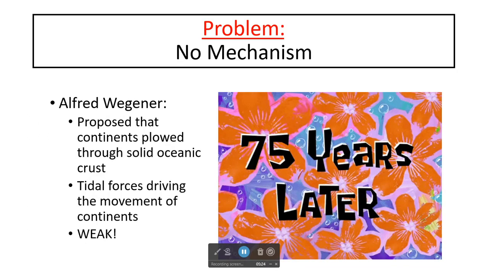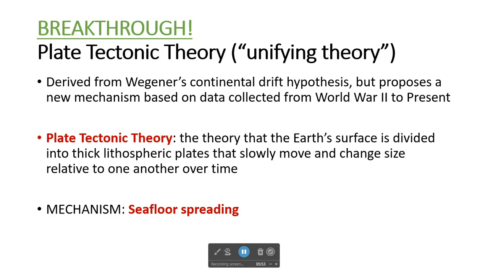There was a problem with Alfred Wegener's hypothesis. He didn't have an accurate mechanism for how the continents would move. And because of this, his hypothesis was not accepted at the time that he proposed it. His mechanism said that tidal forces were actually driving the movement of continents, and this was a very, very weak argument. Now fast forward almost 100 years later, we have this